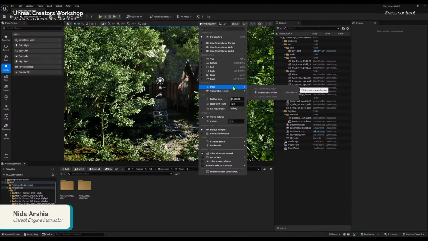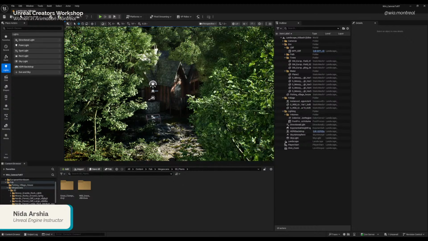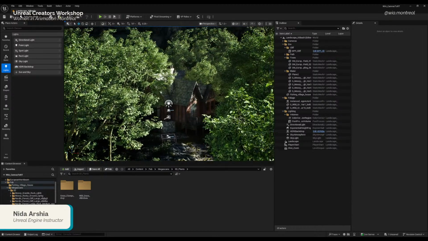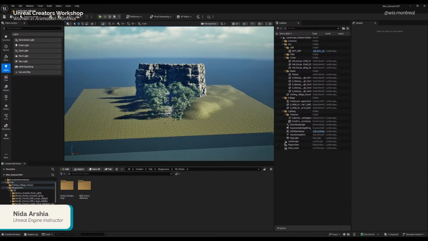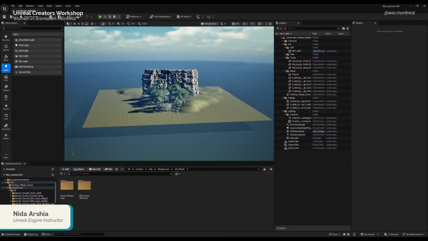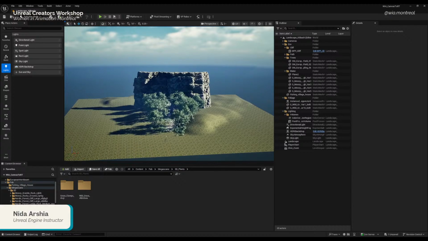So we looked at this one, then we have camera movement. So camera speed. The good thing is you don't need to come to this setting when you're working, and you get pretty comfortable changing the camera speed on the fly. So let's say I am zooming out now, taking the camera so much away, and you see this speed is very constant.